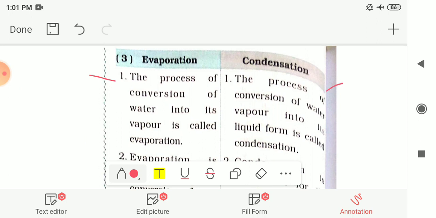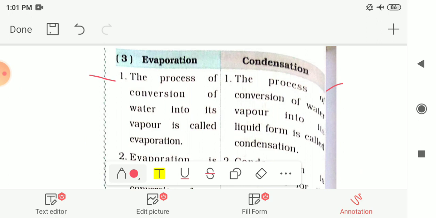Next is condensation. The process of conversion of water vapor into its liquid form again is called condensation. The process of conversion of water vapor, that means gaseous state, into the liquid state is known as condensation.